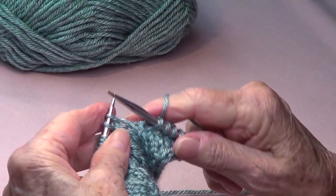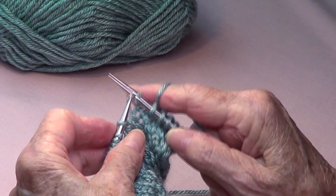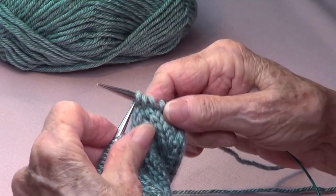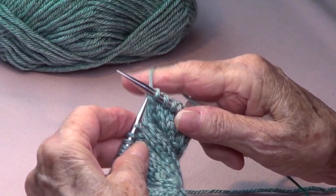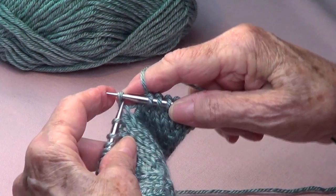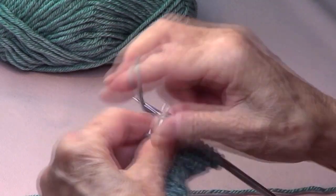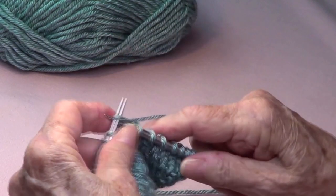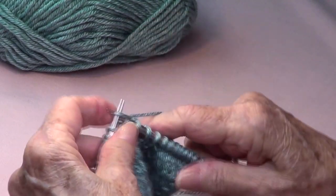We are going to slide this stitch knitwise, knit the next stitch, and the one that you slid goes over the last one. And now we knit these 2 stitches together. So knit together and knit 4 stitches. That's 1, 2, 3,